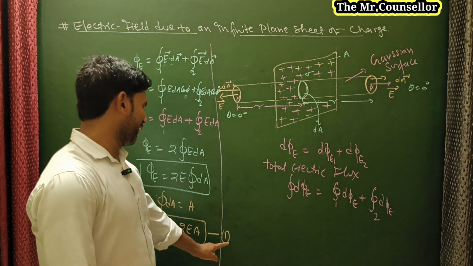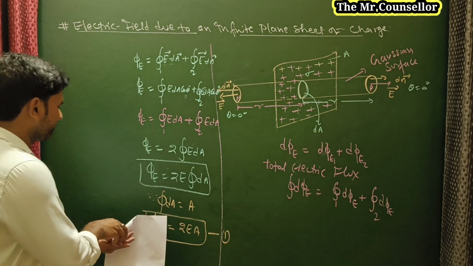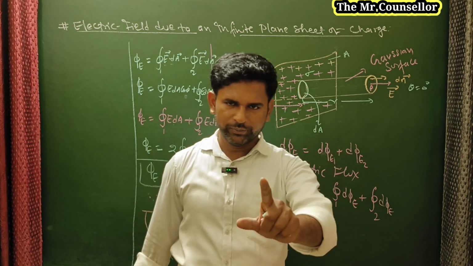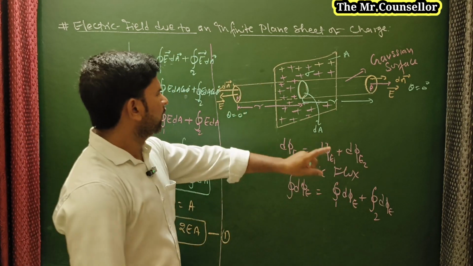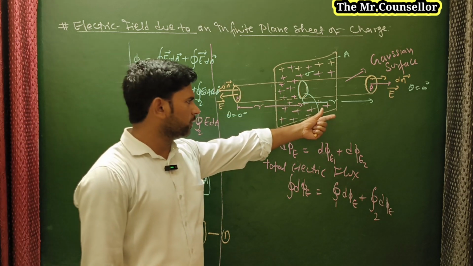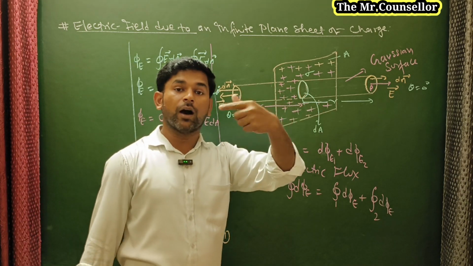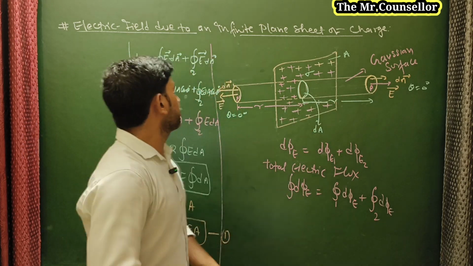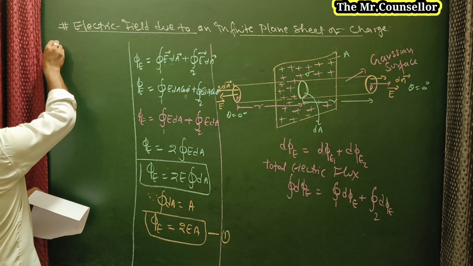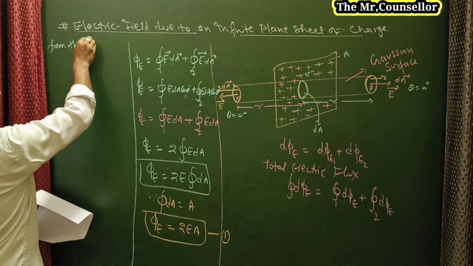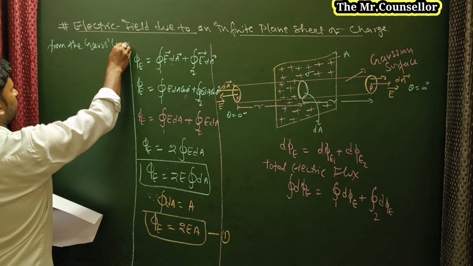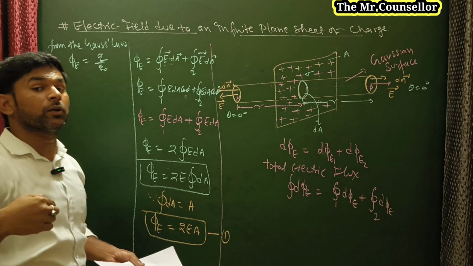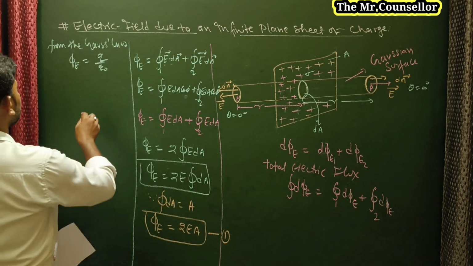Till here any doubt? No doubt, okay. So after this, if we make some arrangement, you know very well this is the application of Gauss law. Any doubt? No doubt. This is the application of Gauss law, so we are going to apply Gauss law here. So what is the electric flux formula? From the Gauss law, we know very well electric flux is always equal to Q upon epsilon naught, that is, 1 upon epsilon naught times the total charge. Is it okay? So here the charge is Q,